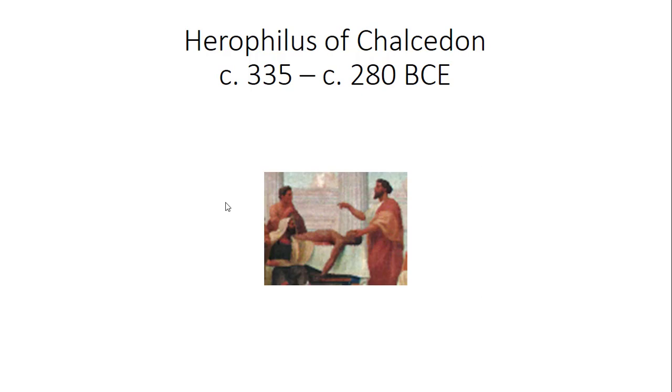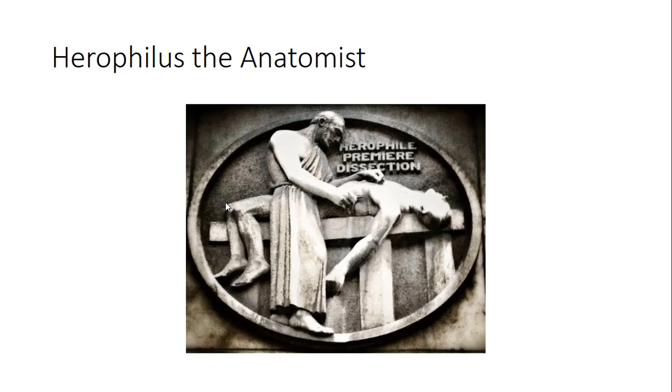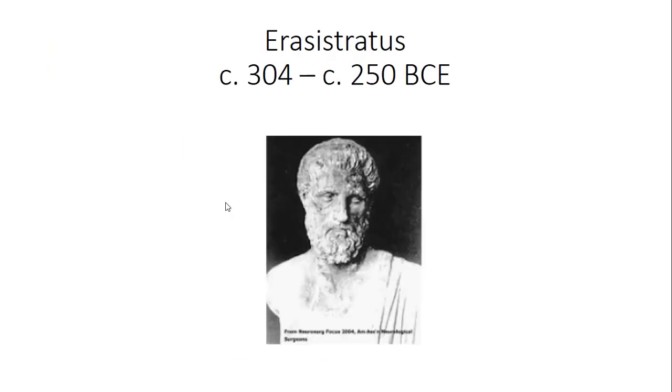He's from the Hellenistic period, and then he ends up migrating to Alexandria. With the next person we're going to talk about, Erasistratus, the two of them establish a medical school in Alexandria. So Erasistratus was from one of the islands off of the Ionian coast. He lived from around 304 to 250 BC, so contemporaneous with Herophilus, but again, later than the Hippocratic